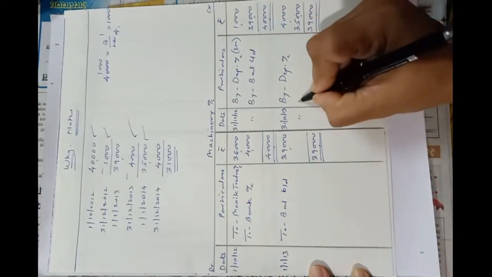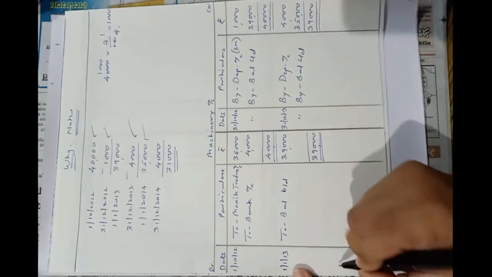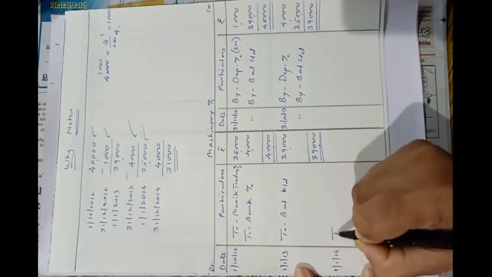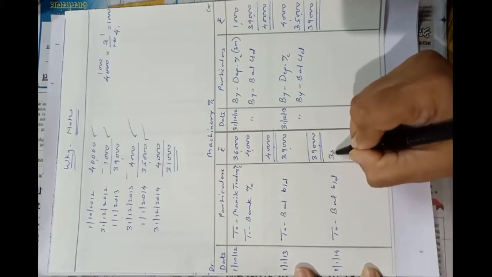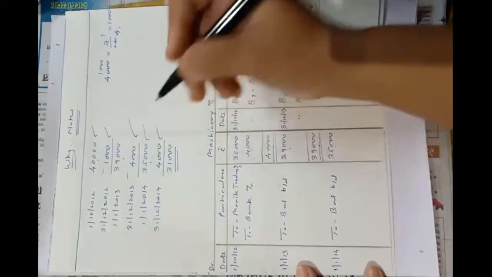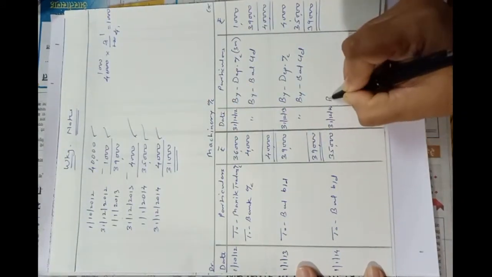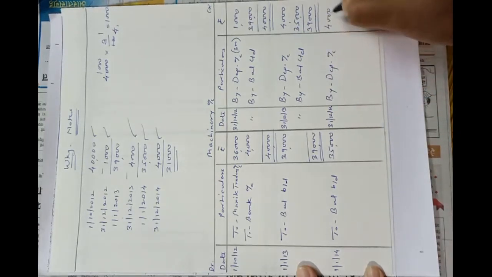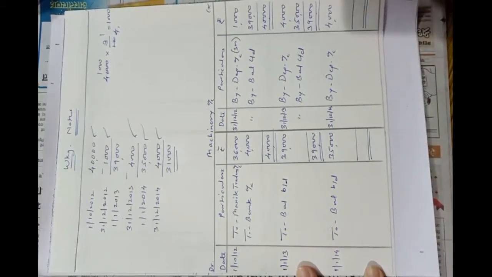At the end of second year by balance carried down 35,000, and at the beginning of next year, that is on 1st January 14, to balance brought down rupees 35,000. Again at the end of third year we have to deduct depreciation. So 31st December 14, by depreciation account 4,000. And now we will tally again for the last year.